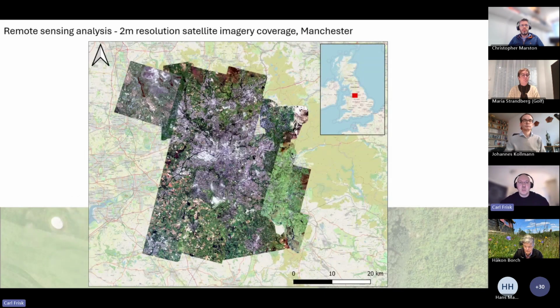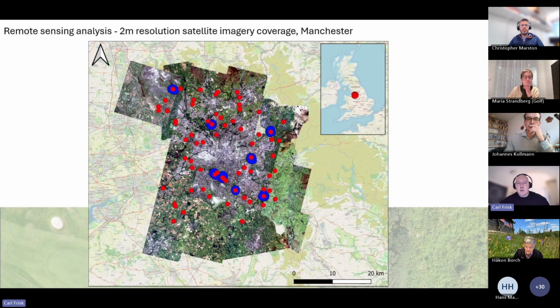So we're going to start by showing you some of these remote sensing aspects that we were doing, to try to get into the detail of how they work. So this is the LiDAR and the satellite data over Manchester. And as you can see right now, it's a bit chaotic perhaps. But these are the golf courses in the Manchester area, with the ones surrounded in blue being the 8 that we selected for